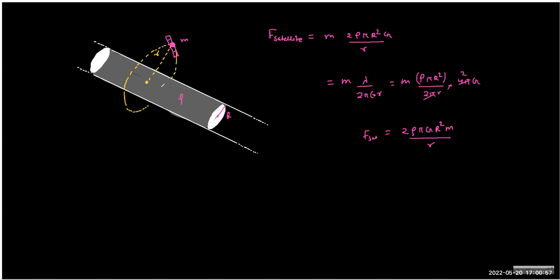Now, if the satellite is moving in a circular path, because then only it can be stationary, for what orbital velocity is it possible? This is called the orbital velocity. So the orbital velocity of the satellite must be v square by r equal to the g value, sir. Correct. Now, you will see something really interesting. The formula is 2 rho pi capital G r square m by r, and this is also m v square by r, correct? Yes.